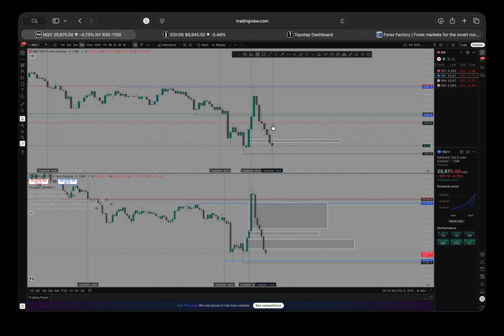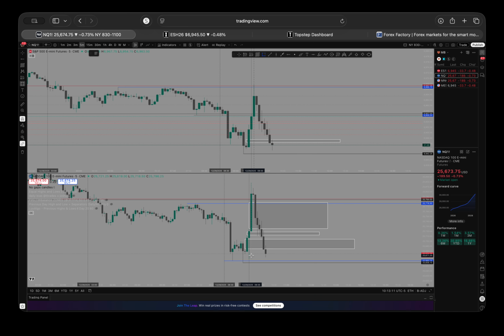So the idea is, what if we're reversing, right? What if we're actually making a bearish confluence here? What if we've taken out this key level and now we're going down? Well, then I would look for confluences going down in that direction, and I would look for a change of direction, because now we've had this key level swept, I would look for change of direction, which